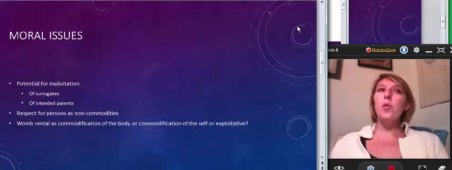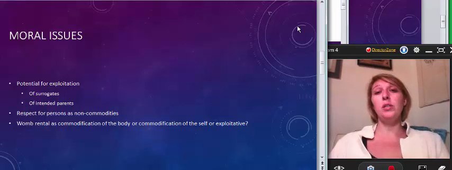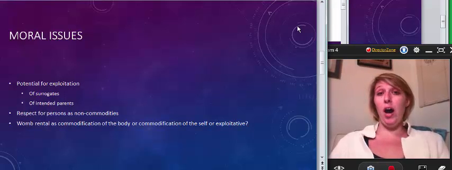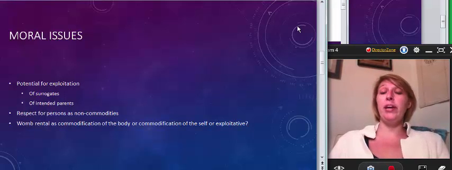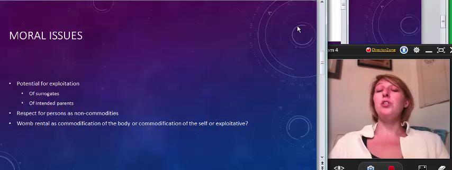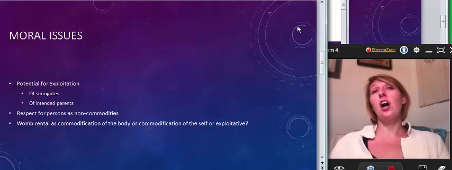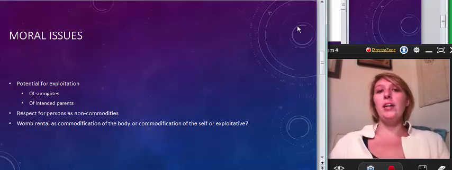So who will be a surrogate? Are these going to be predominantly women who have few alternative options, so often framed in ways that are similar to arguments against prostitution, arguments against even pornography, for example, that these are examples of exploiting women's bodies and objectification